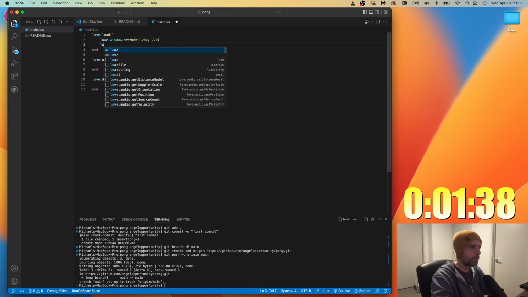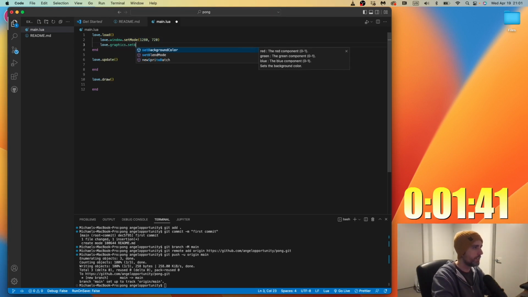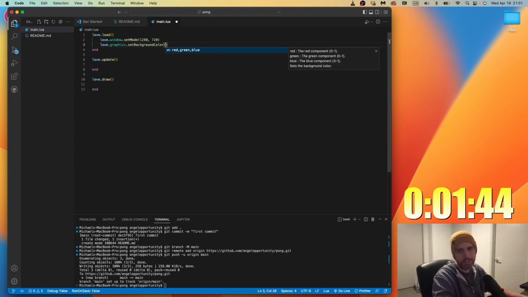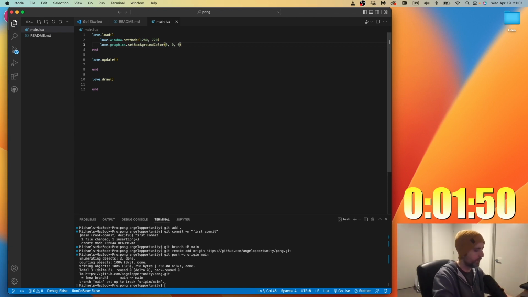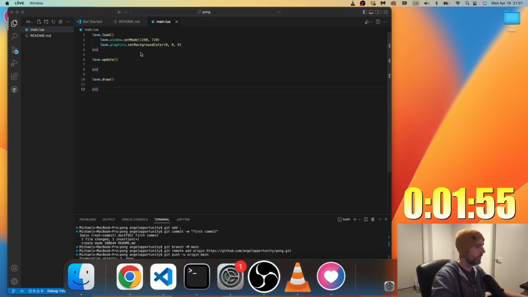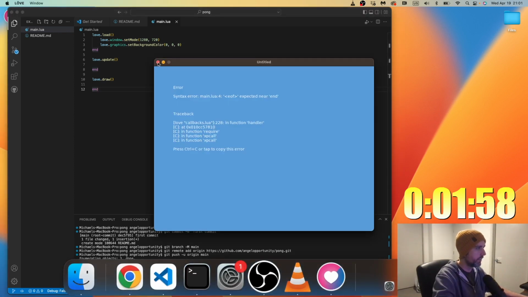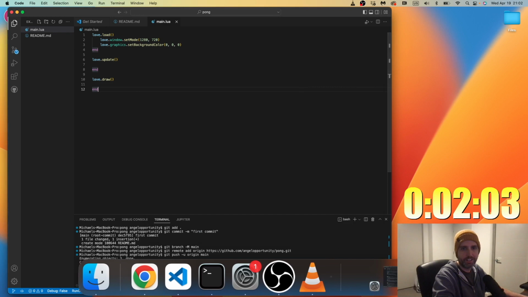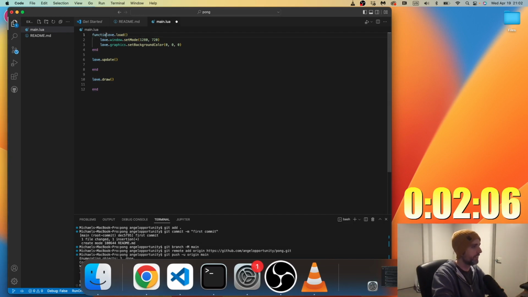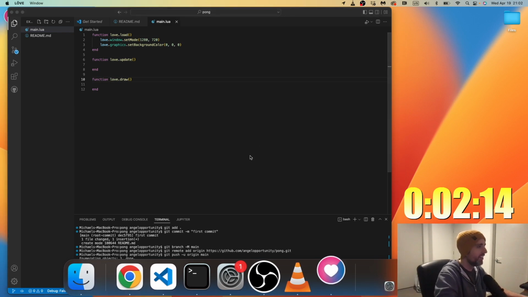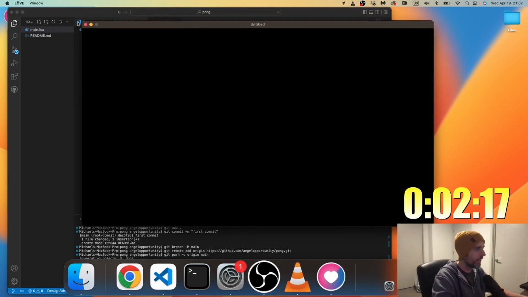And we're going to set background color. I actually want it to be like black. I think black is 000, or is it 111? I'm not sure. Let's check. What did I do wrong here? Oh, I need to say function. I'm declaring functions here. Oh my god. I'm a little bit rusty with Lua. I haven't been using it. I've been using a lot of JavaScript lately, but yeah, that was just stupid. Okay. So yeah, we got black.